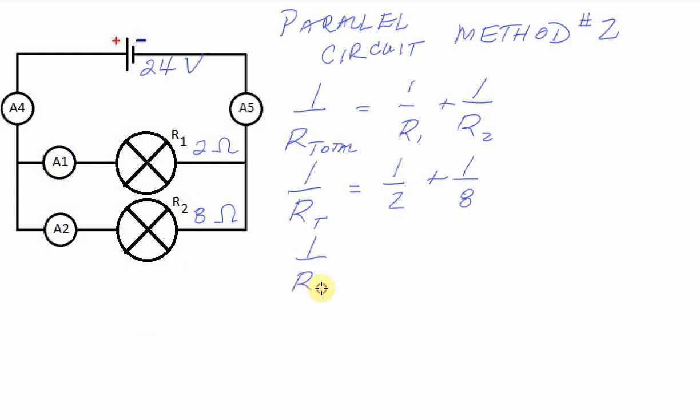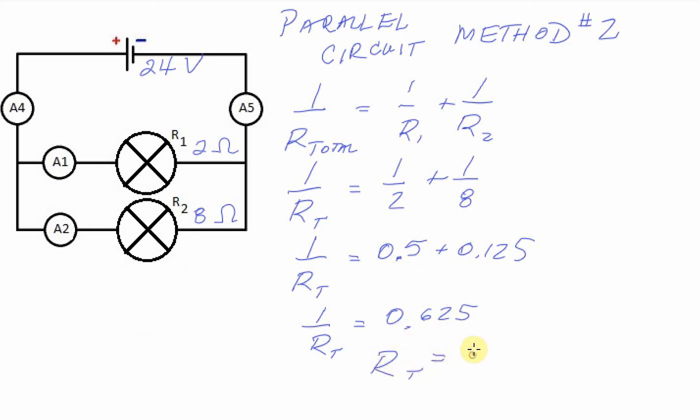So 1 over R total is equal to, if I use a calculator and divide 1 divided by 2, that gives me 0.5. And 1 divided by 8 is 0.125. 1 over RT then equals, if I add these, it comes to 0.625. That's what 1 over RT is equal to. If I take my calculator and I go 1 over this here, that will actually give me the value of RT. And when you do that, it comes out to